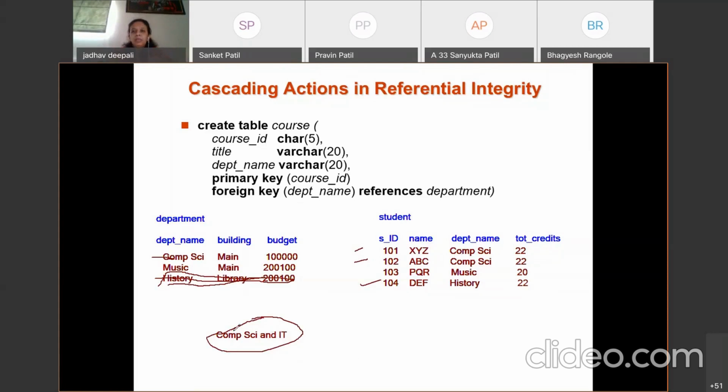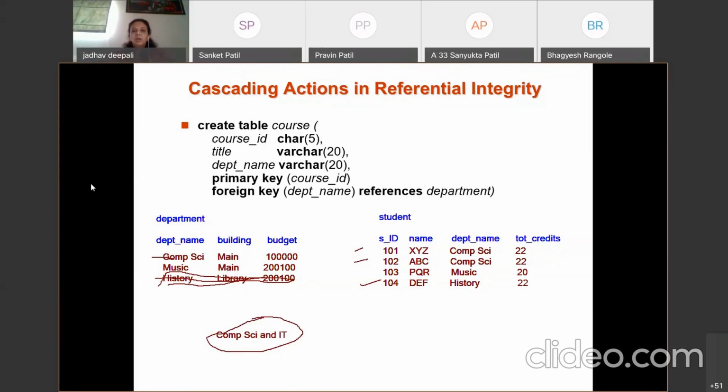The students depend upon it, instructors refer to that history, courses refer to that history. If I want to change the name of the department, I cannot change it, because some students, instructors and courses refer to it.